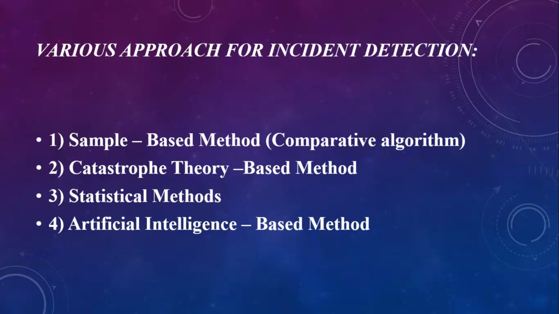Traffic data is sampled at specific intervals using sensors or monitoring devices. Then the sampled data is compared to historical data or predefined traffic models to identify abnormalities indicating a potential incident on the road. Now, this approach utilizes comparative algorithms such as the nearest neighbor or clustering techniques to assess similarities